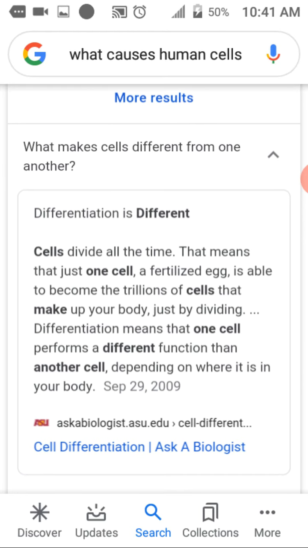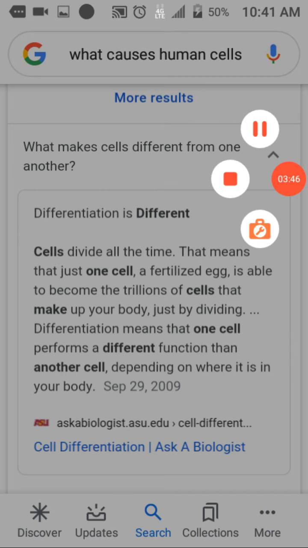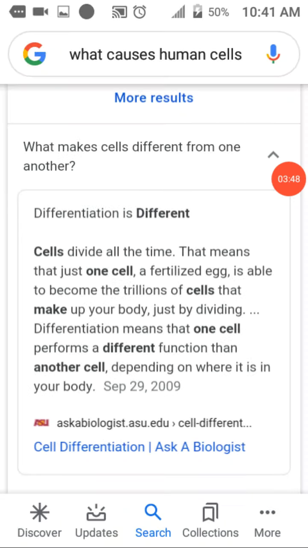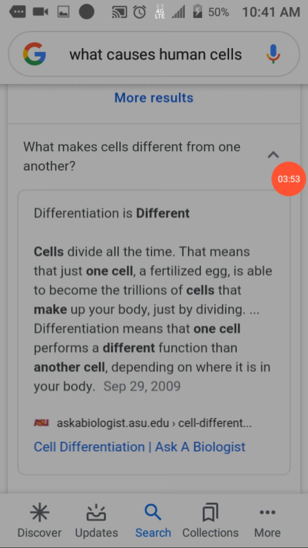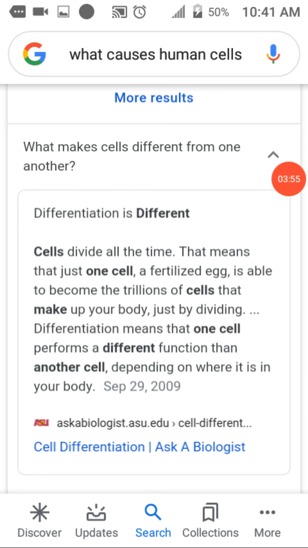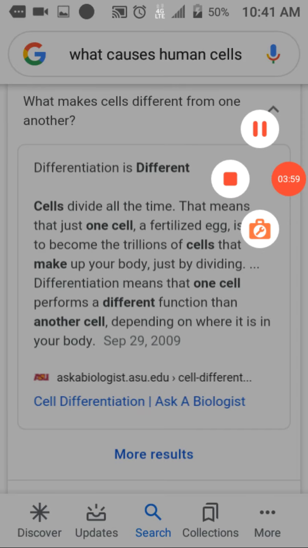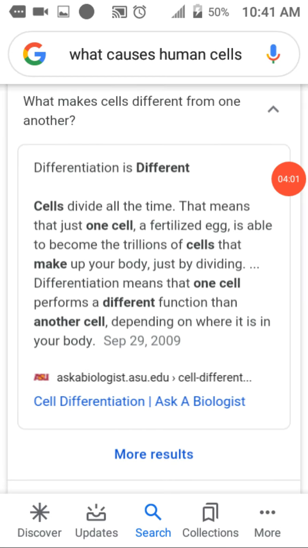What makes cells different from one another? Cells divide all the time. That means that just one cell fertilized is able to become trillions of cells that make up your body just by dividing. Differentiation means that one cell performs a different function than another cell depending on where it is in your body. So maybe depending on what chemistry the cell gets,